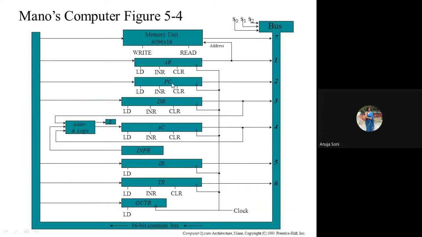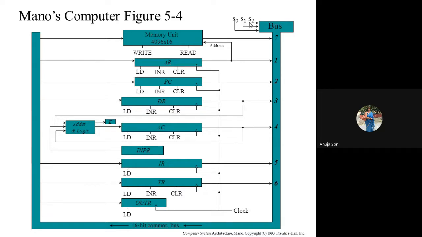This is the common bus system. I told you that whenever the data transfer has to take place from one register to another or from memory to some of the connected units, how will it take place? First of all, all the numbers are written in front of all these units, and the selection bits of the multiplexer S0, S1, S2 will occupy that specific value whichever is written in front of that specific unit.